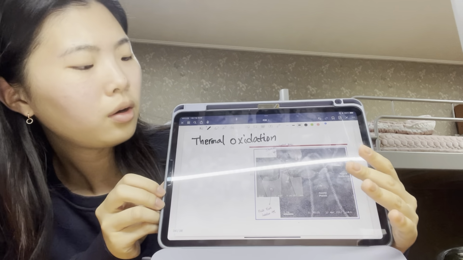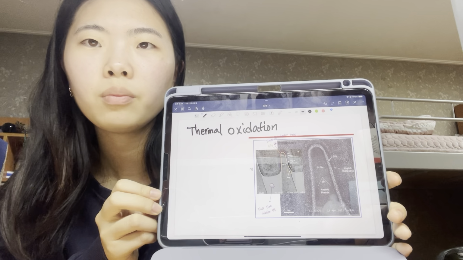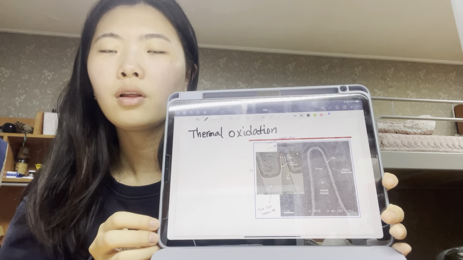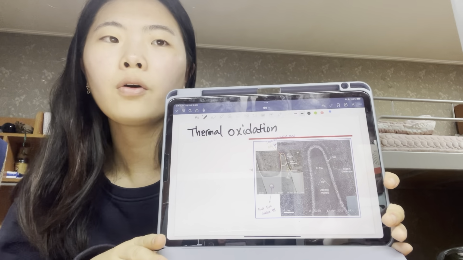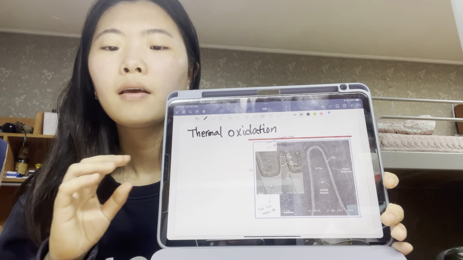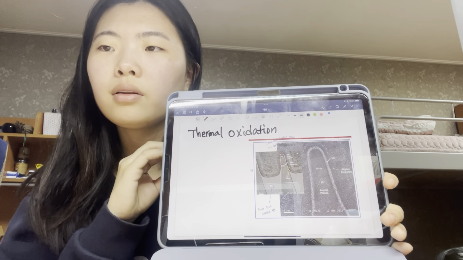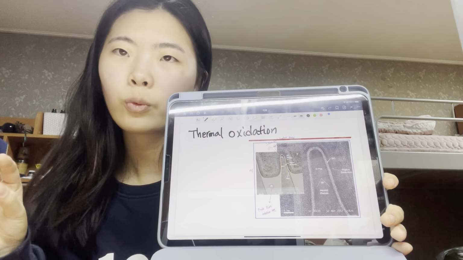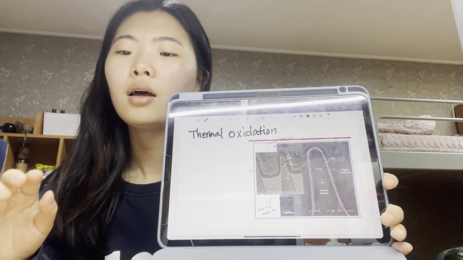So let's talk about thermal oxidation. If we do thermal oxidation, we can grow silicon oxide on the silicon wafer. At first, I talked about the silicon growing. Ideally, silicon oxide will grow on the clean silicon wafer, and only growing can happen, but